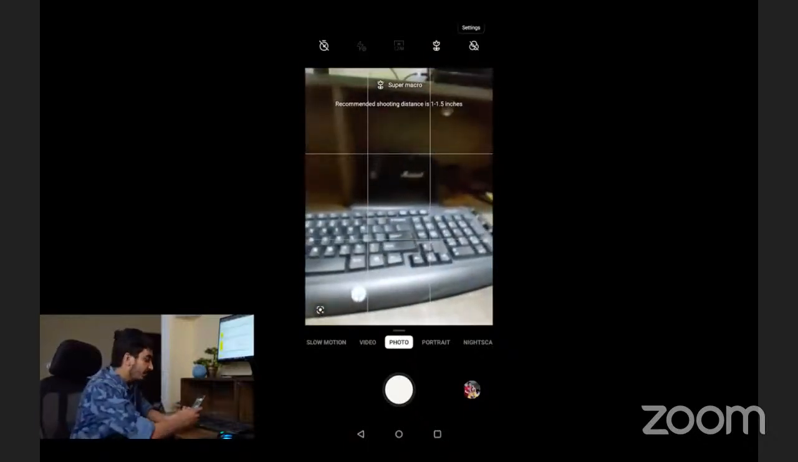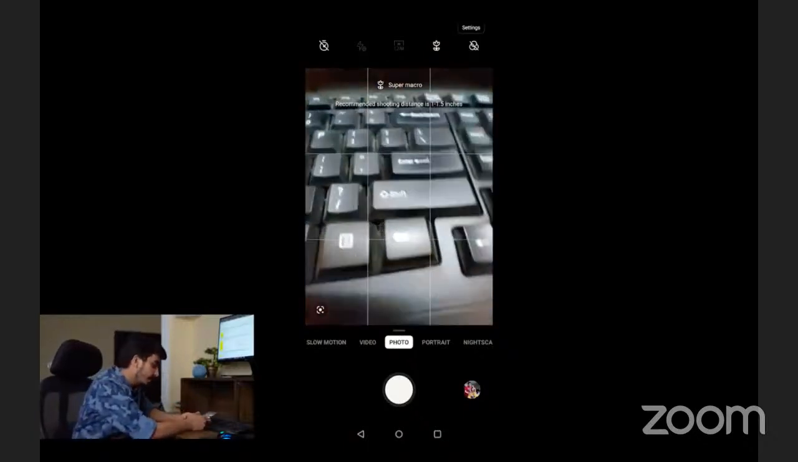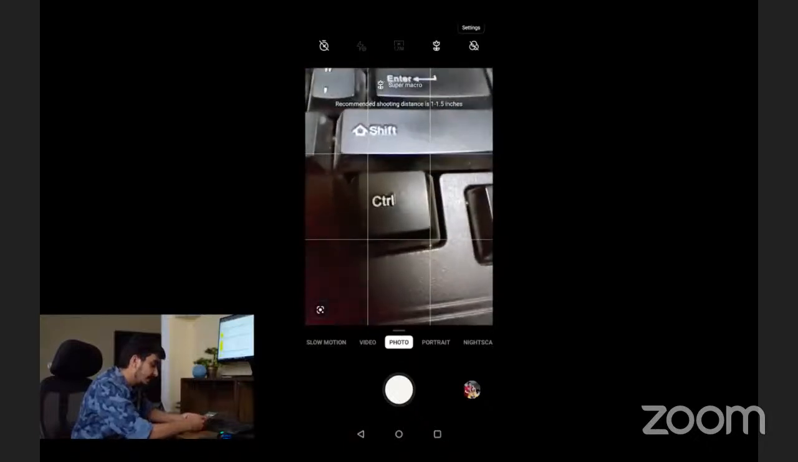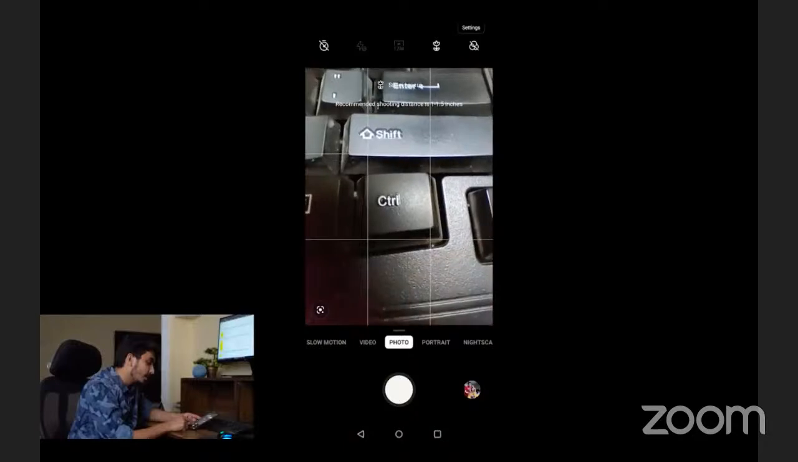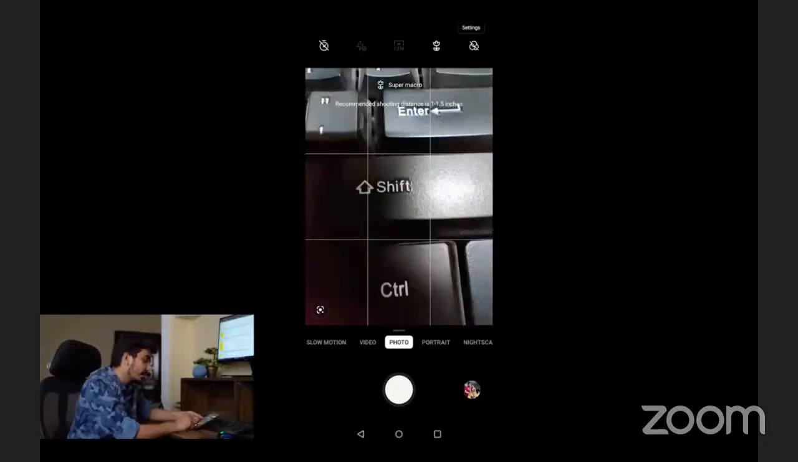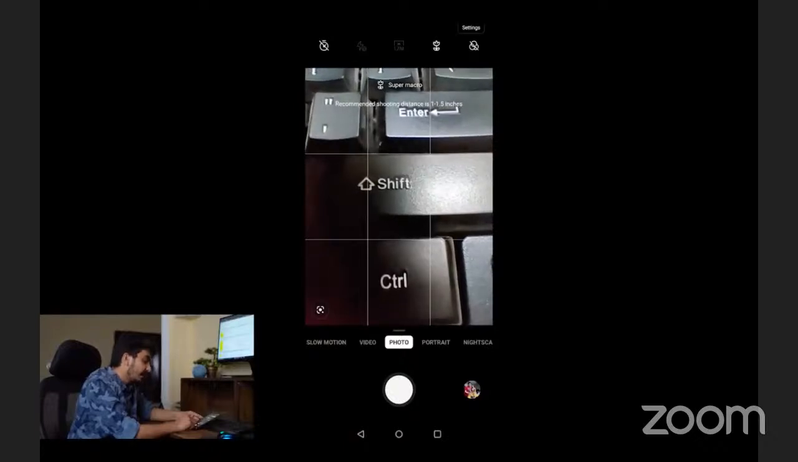Now if I go very close to my keyboard here, and now I can click very close to the keyboard itself, and you see the control written very closely as well. You can see the shift very close to the camera as well. And if I click it,